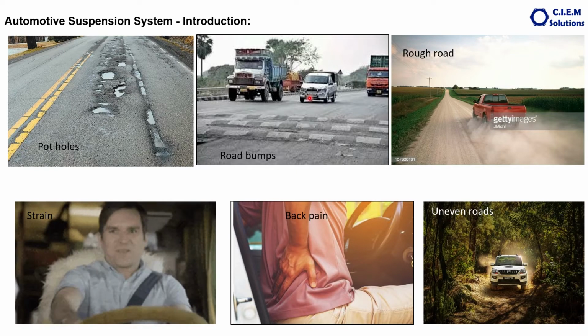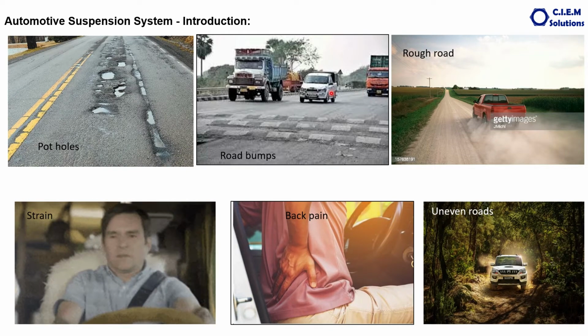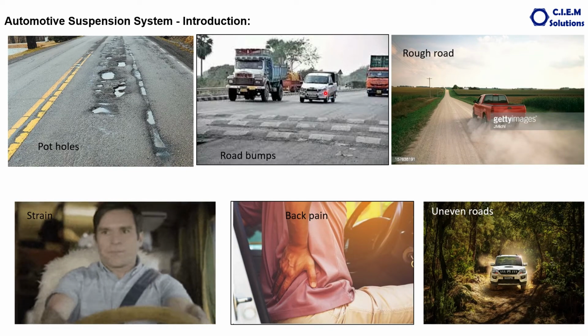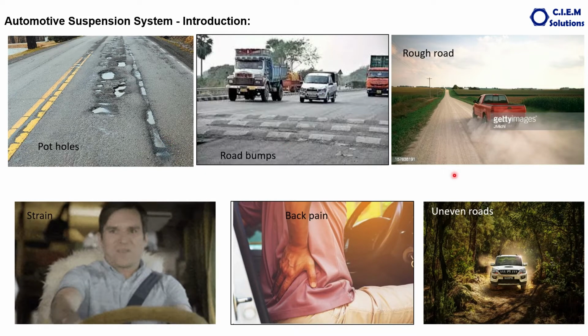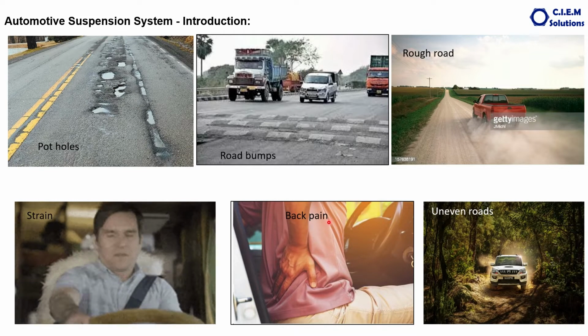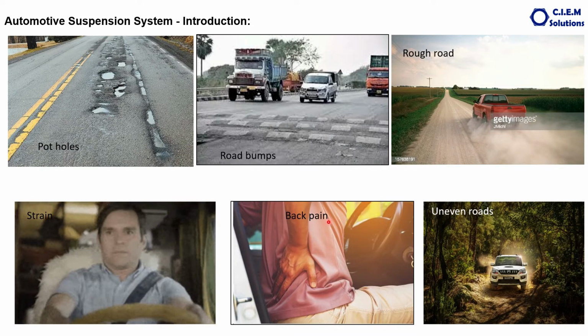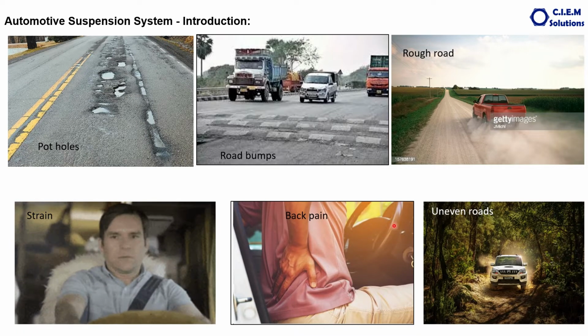We need a mechanism to absorb all these kinds of shocks or vibrations that arise during driving on such road conditions. Such a mechanism provided in a vehicle to absorb all kinds of shocks and vibrations is called the suspension system